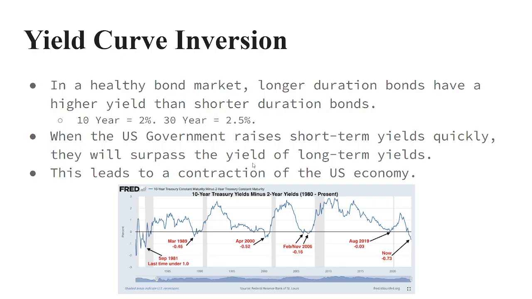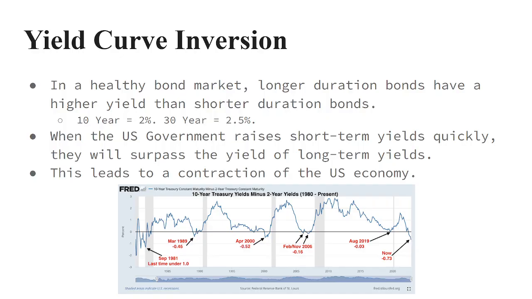That lets you know that investors are worried about the future. They're much more likely to have some shorter-term risks. So that's why the shorter maturity bond will have a greater yield. If investors are going to invest in that shorter duration maturity, then they're going to want more yield than that longer duration maturity.